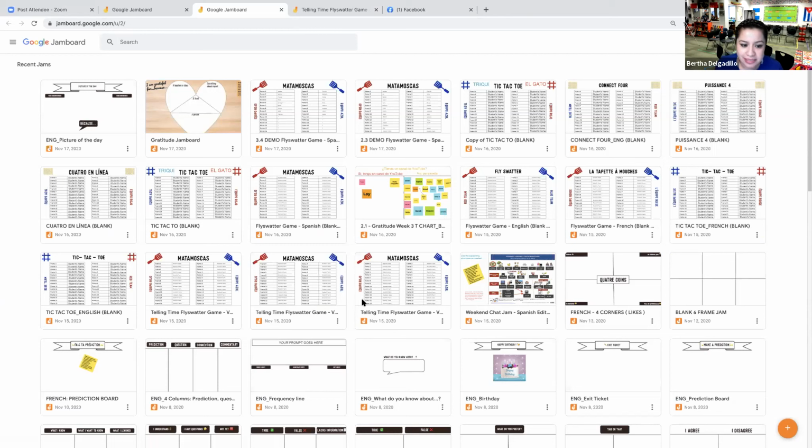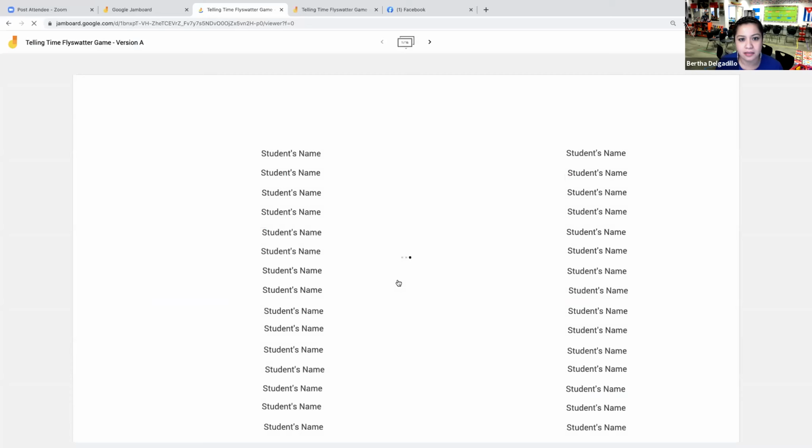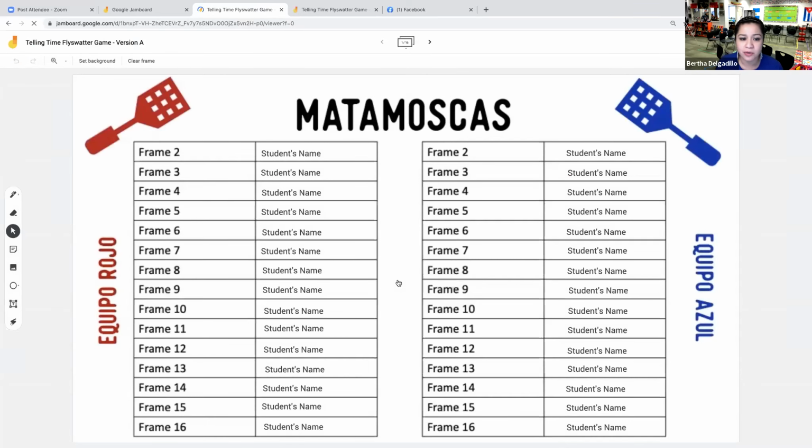So let's talk about this game. Let's talk about the fly swatter one. With the fly swatter one, this is what you get. Let me open it up. You get this one right here. And then you will either tell your students to find their opponent themselves if you don't want to do the